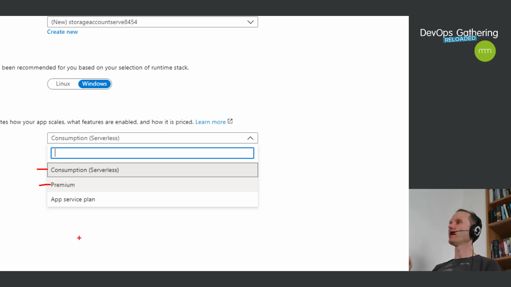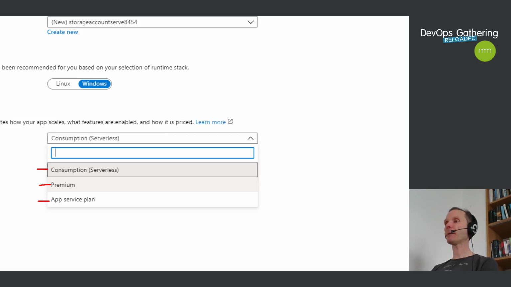Premium essentially says, I would like to have a mixture of hotel, platform as a service, and electricity, serverless. It means that Microsoft will always make sure that a minimum amount of resources is reserved for you, and you have to pay for them, no matter if you use them or not. But they will always be up and running, so the chance of having to wait for a cold start is greatly reduced in many cases to 0, because there is always a little bit of resourcing reserved, and you can configure how many resources you want to have on stock if you want. If you need more, you get real serverless experience.